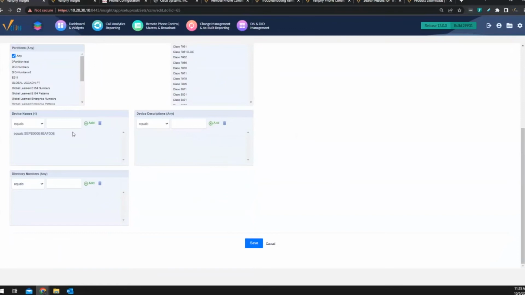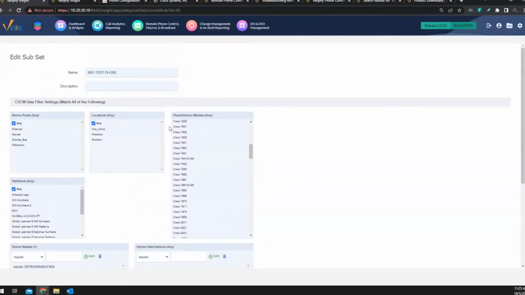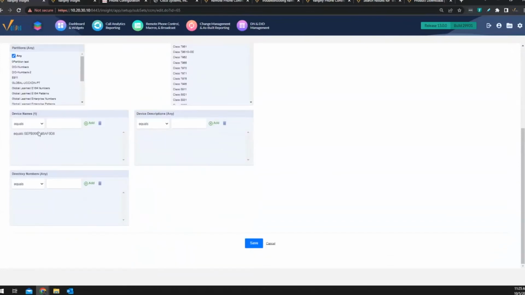Now you can put in specific device names. Okay, so this is why you can run it with this, because you do have a device name in here. So basically, even if everything up here is wide open, these three fields are going to limit what the phone macro gets applied to. So if you just have one phone down here, it doesn't matter if this says any up here. It's only going to get applied to that one phone.